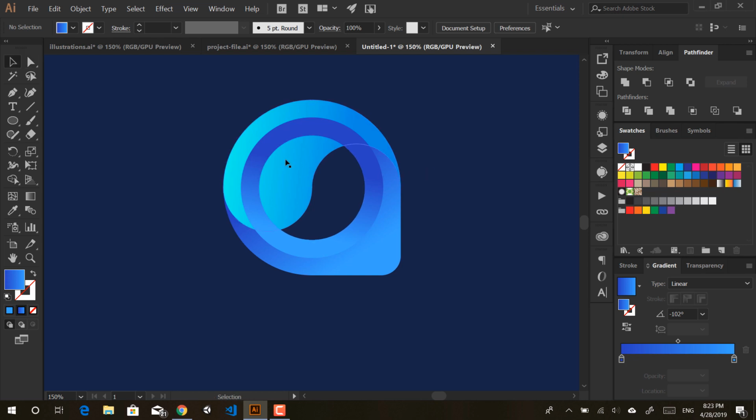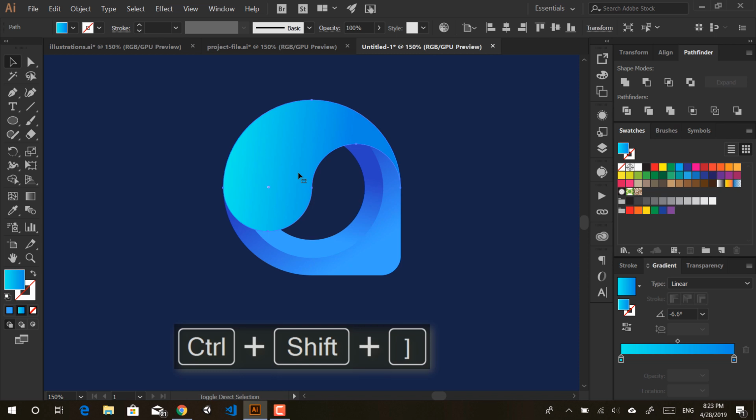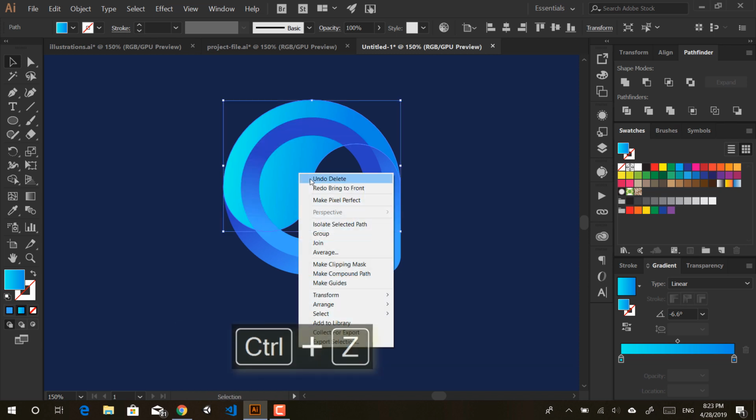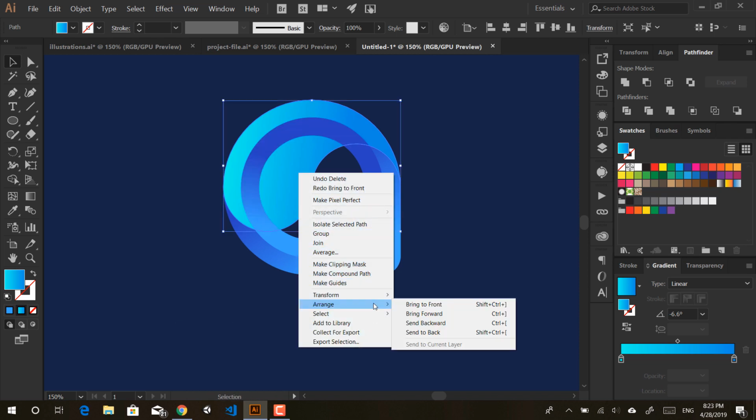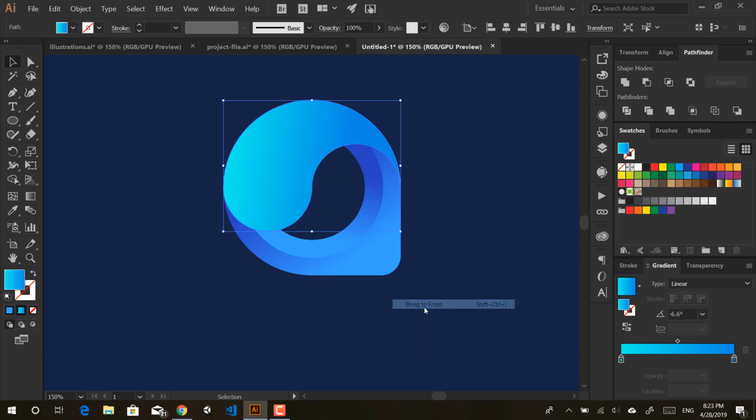And then we want to select our light shape, and then hit Control Shift right square bracket, and this will bring it into the front. Or you can just right click and then arrange and bring to front. So yeah, that looks actually pretty good. I'm happy with that. So the next shape, and we will be dealing with the gradients in a little bit,